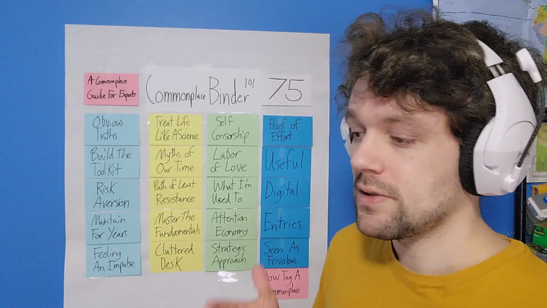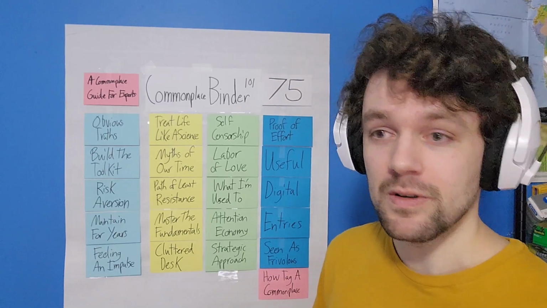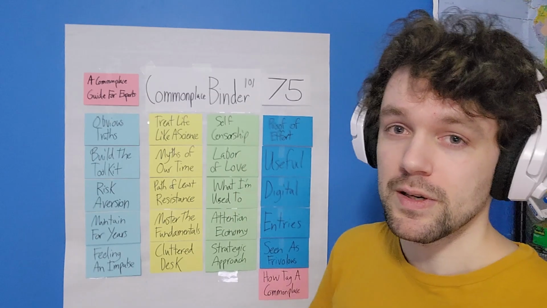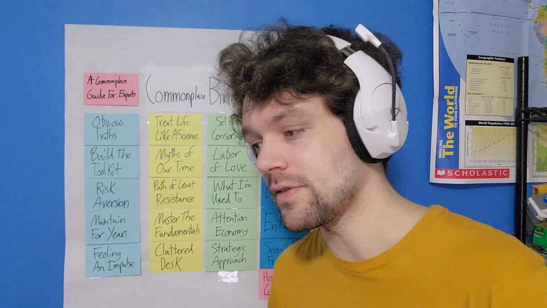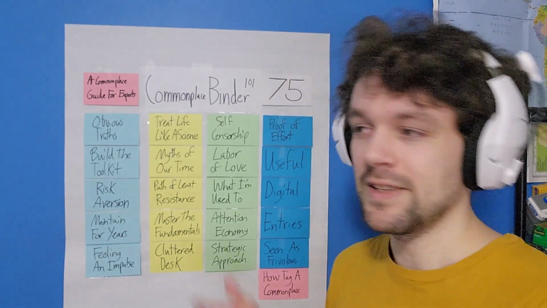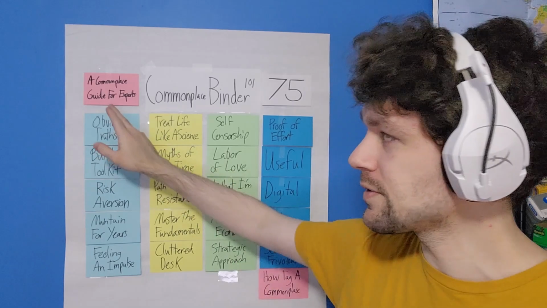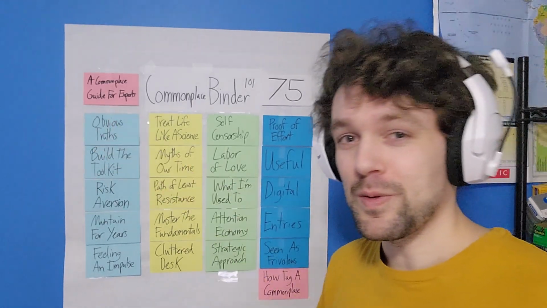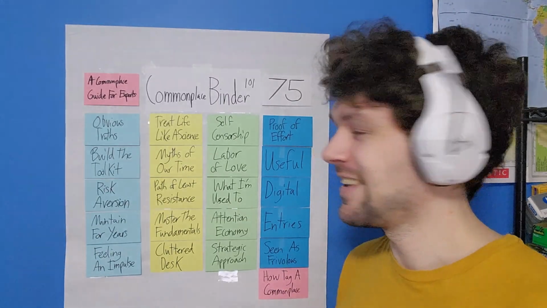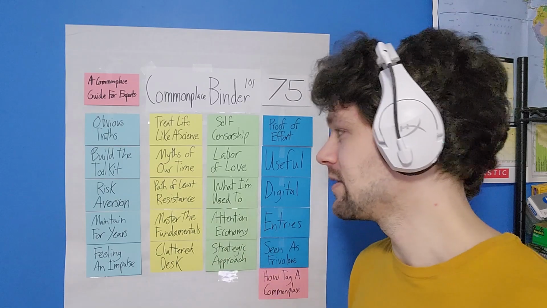The point is, you might like the paper, you might not like the paper, you might want to do things digitally, but whatever you do, a commonplace binder might be a good way to start. Obviously, if you're like 40 plus years old, you've probably figured out what already works and what doesn't work, so this isn't really necessary, but this is for the people who are trying to be an expert, or for some reason, as somebody who's like 20 years old thinks that they already are, which they might be.